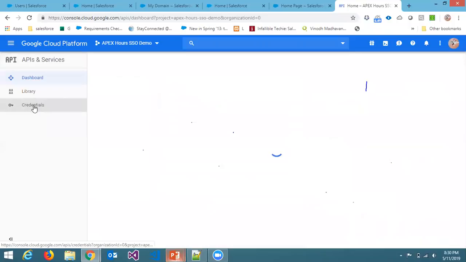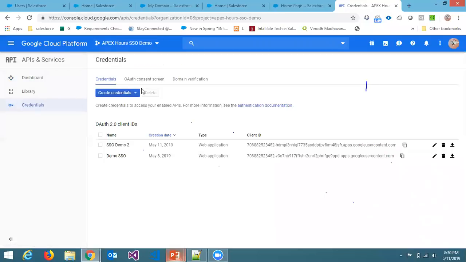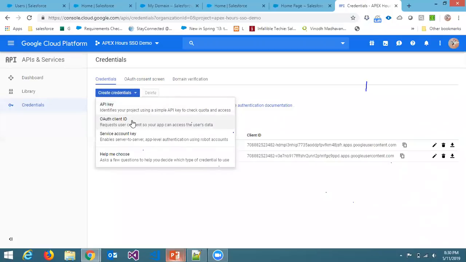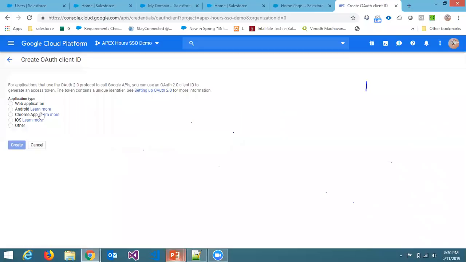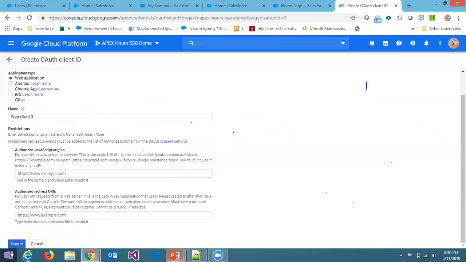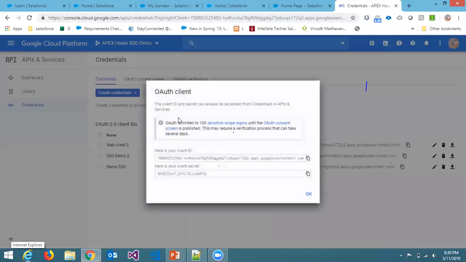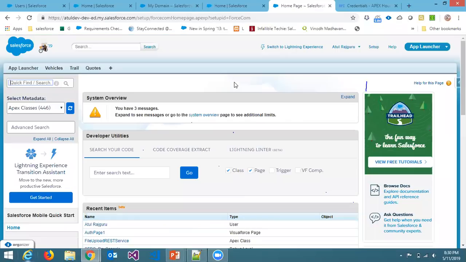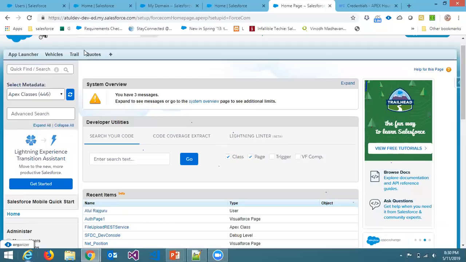So you need to go to APIs and services, under that credentials, and you need to create new credentials. Just create a new credential and select OAuth client and web application. Provide a name and then click create. This will create a new credential for you. It will give you the client ID and client secret. Then we need to go in Salesforce and